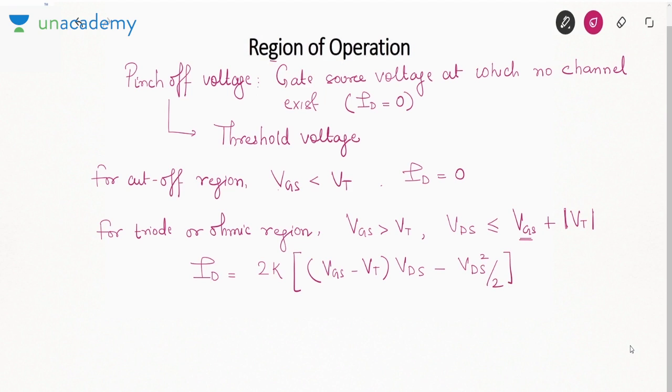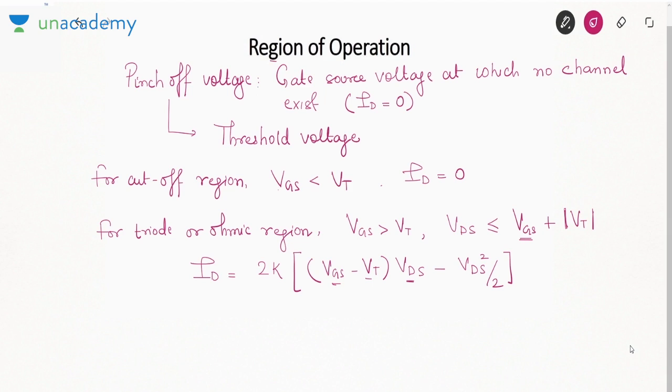Now why is it called the triode region? Because gate and drain both terminals appear in the current equation. If both are observed in the current equation, that means the MOSFET is acting as a 3-terminal device. Due to it being a 3-terminal device, it is the triode, or three terminals.